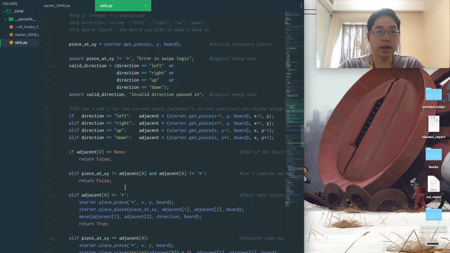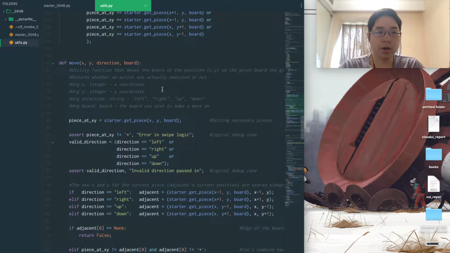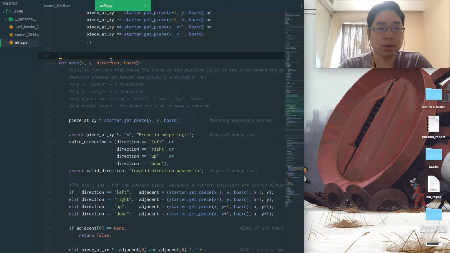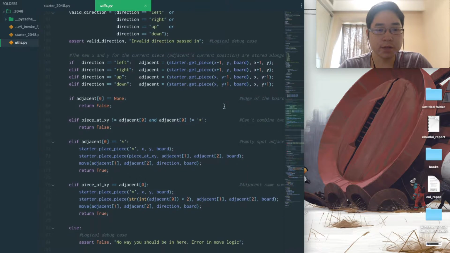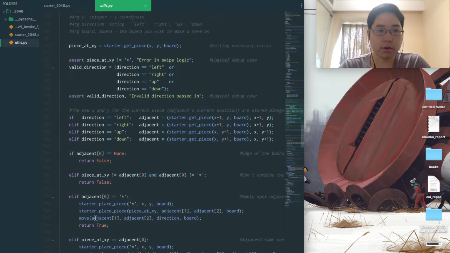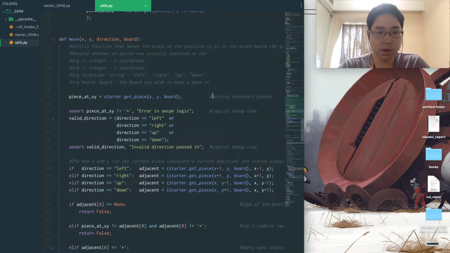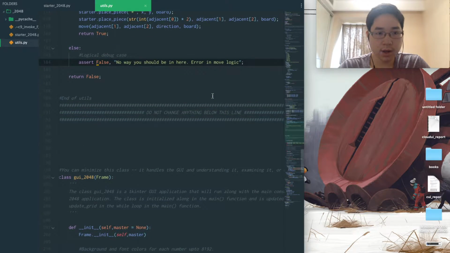And finally, move: XY, direction, board. This will move the piece from XY in the given direction on the board. So you take an XY coordinate and some direction, left, right, up, down, and then you give it a board, and it'll move wherever that direction is. If it's possible, it's going to return true. If it doesn't work, it's going to return false. You can see that because it says returns whether an action was actually executed or not. So if it's not executed, then it obviously wasn't possible, so it's false. And that's the end of all the